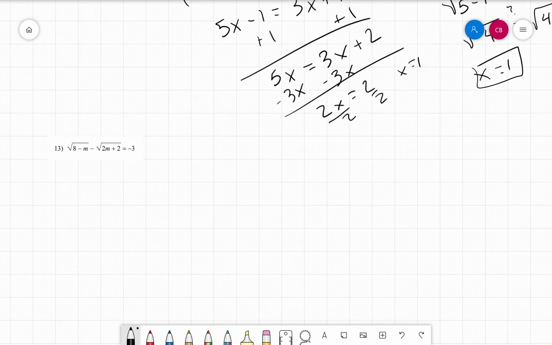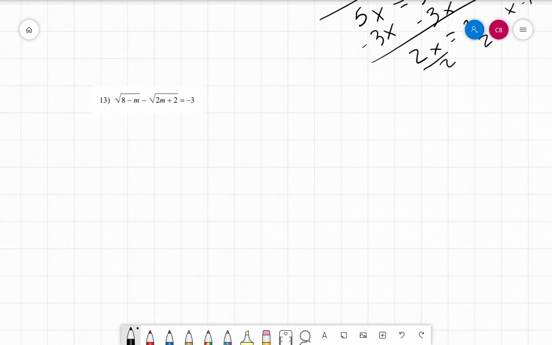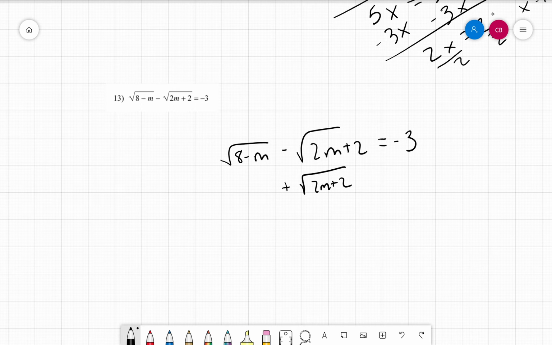Okay, last but not least, this one's one of the more challenging ones. This one takes a little bit more work. So if we're going to do this, we have the square root of 8 minus m minus the square root of 2m plus 2 is equal to negative 3. Now, if we try to square both sides, we're going to run into some crazy problem, and we don't want that to happen. So we're going to start off by moving one of the square roots to the other side. I'm going to move the square root of 2m plus 2, because it's negative,